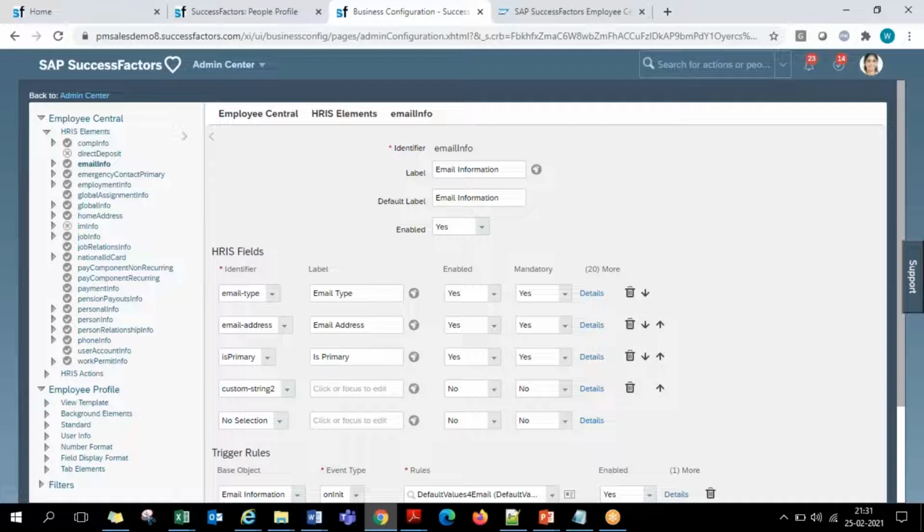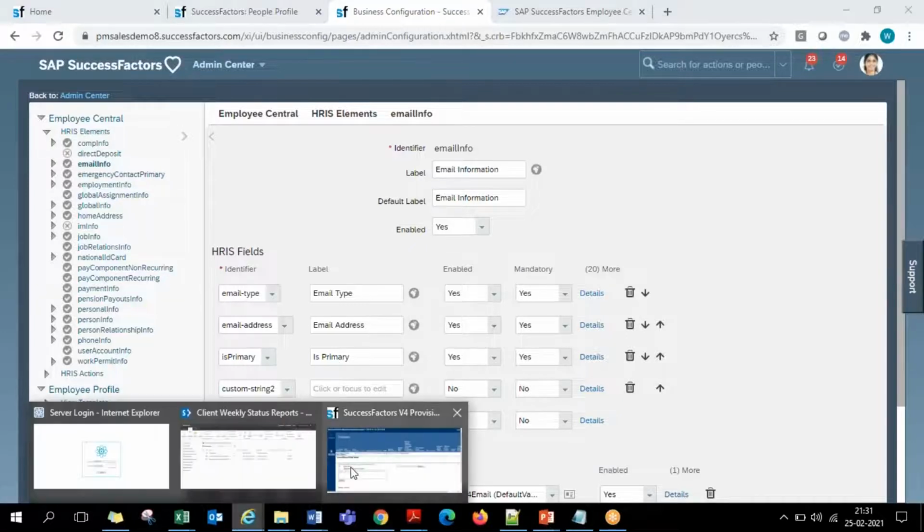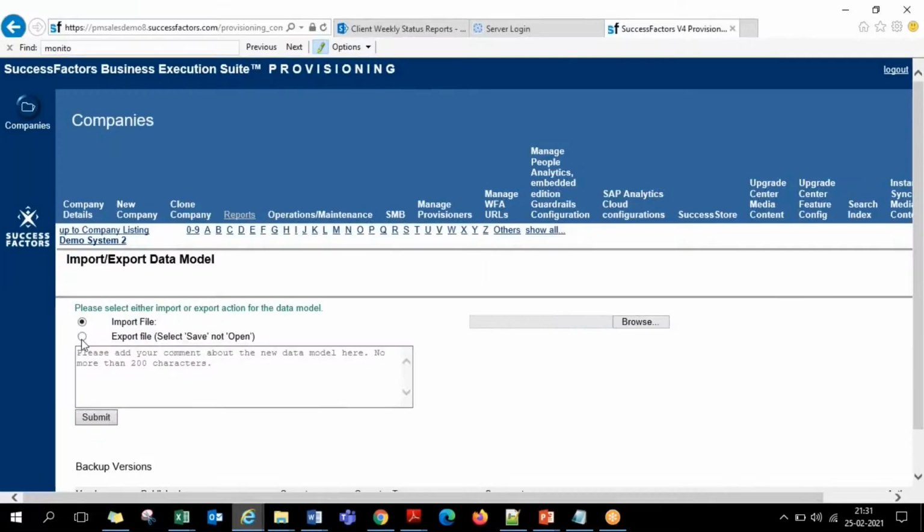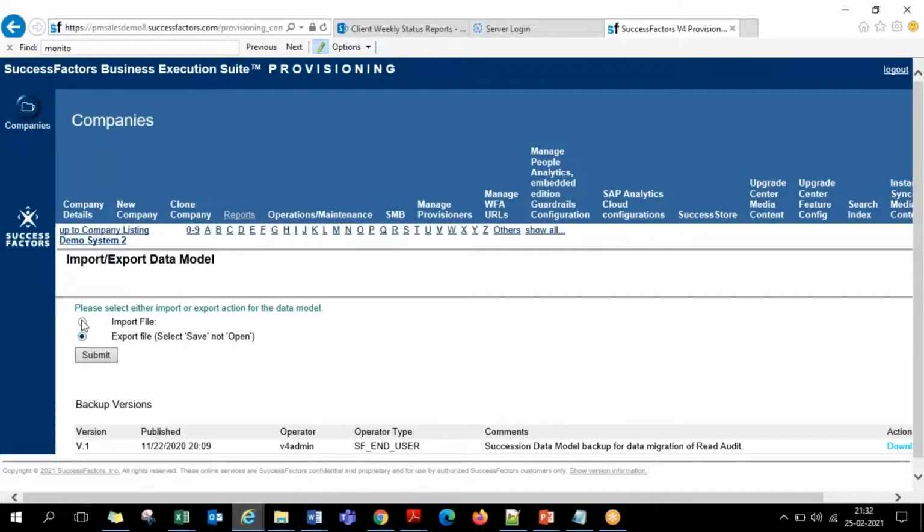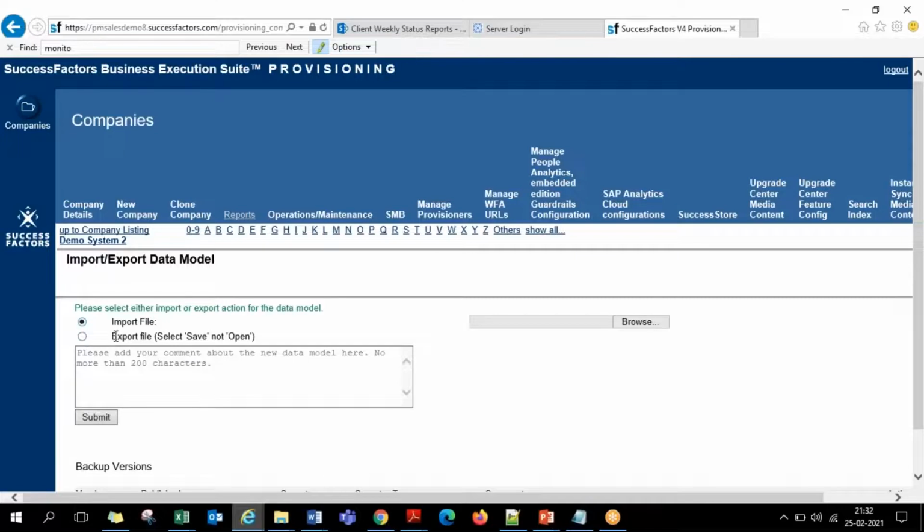And even SF recommends, whenever you are working on XML files, maintain a backup version. Now if you are required to make any changes, whatever XML is already on your desktop downloaded 1 week back, 10 days back, don't use that file. Now download the latest one, go to the provisioning, export the latest one as at this point what is in the system, and download that. In that you make the change and upload it back into the system if you want to work through XML.